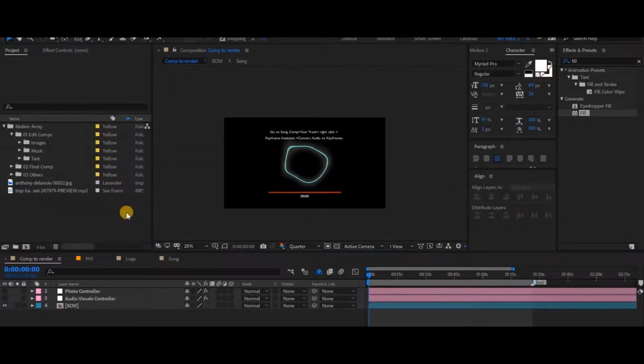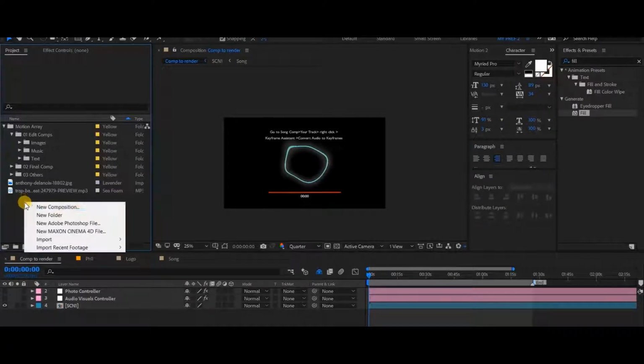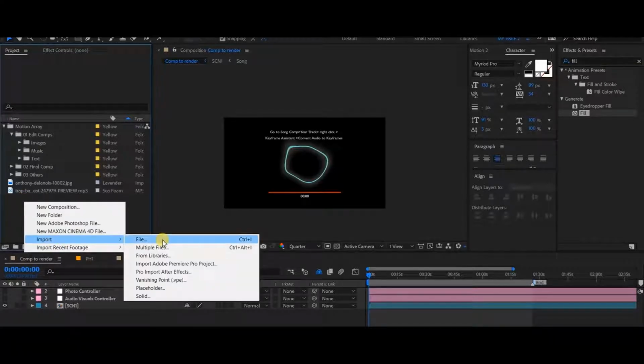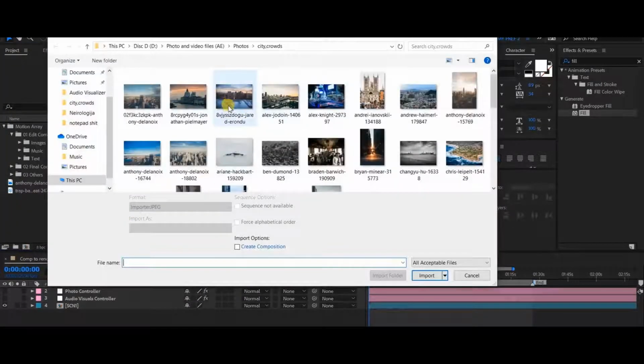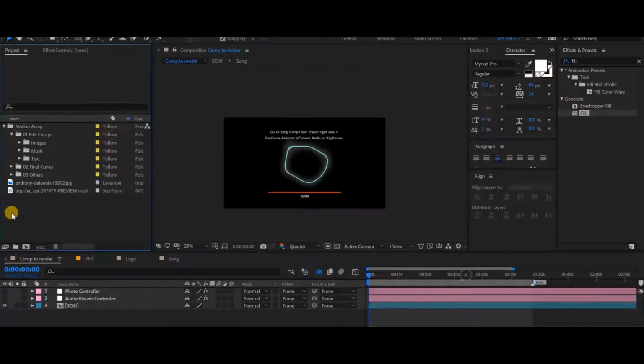This is the tutorial on how to use Audio Visualizer template. So first of all, import your photo and your audio, so your song. Go to import file, choose your files, click import, and then you will have your photo and your song available